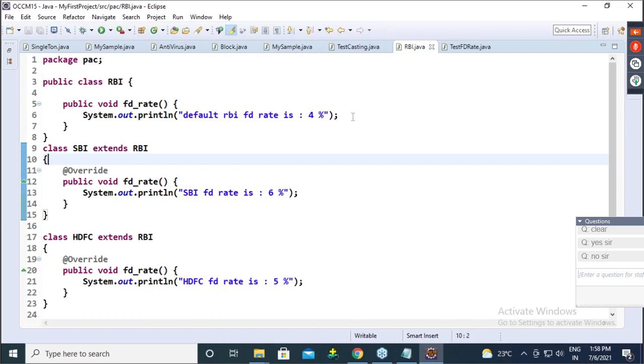If you want to do runtime polymorphism, always remember, boss, we need upcasting and we need overriding. Without overriding, runtime polymorphism will not happen. Upcasting is compulsory. Both are needed. Overriding is needed, upcasting is needed. Note it down.